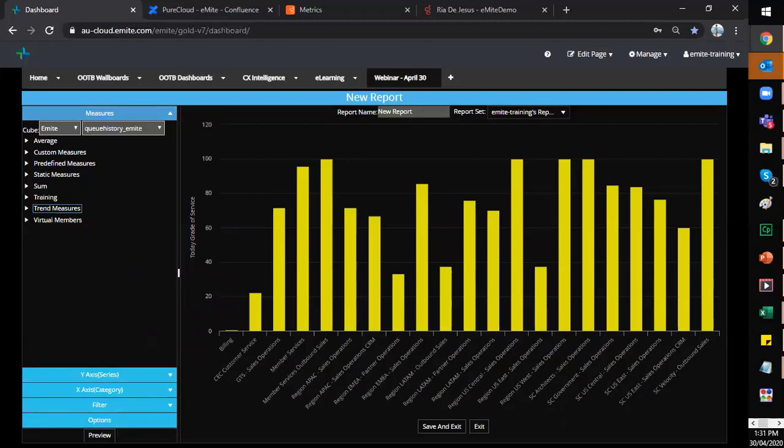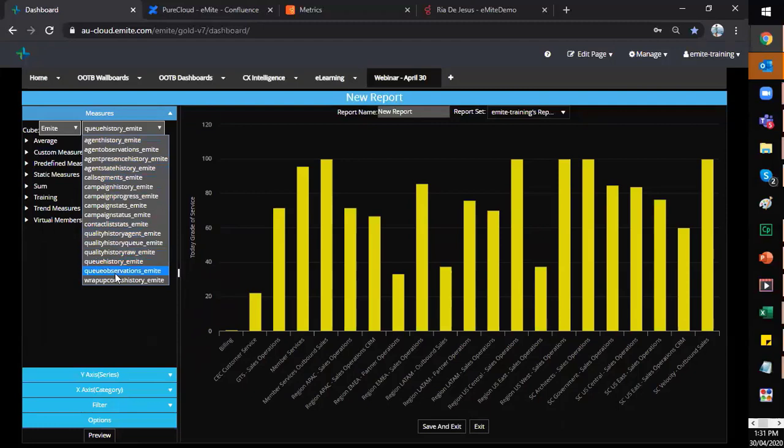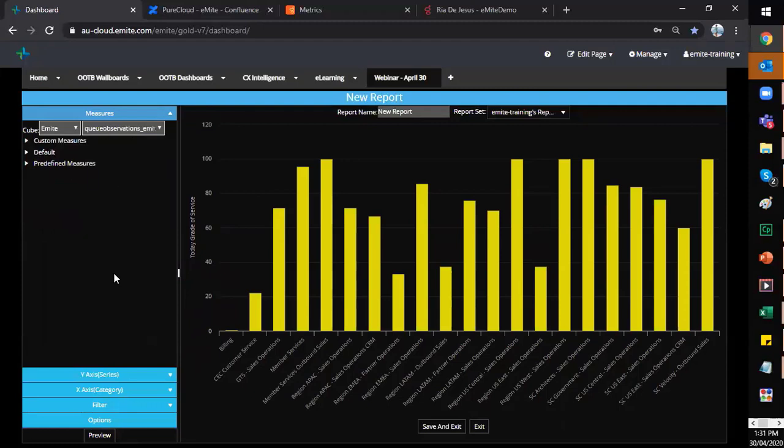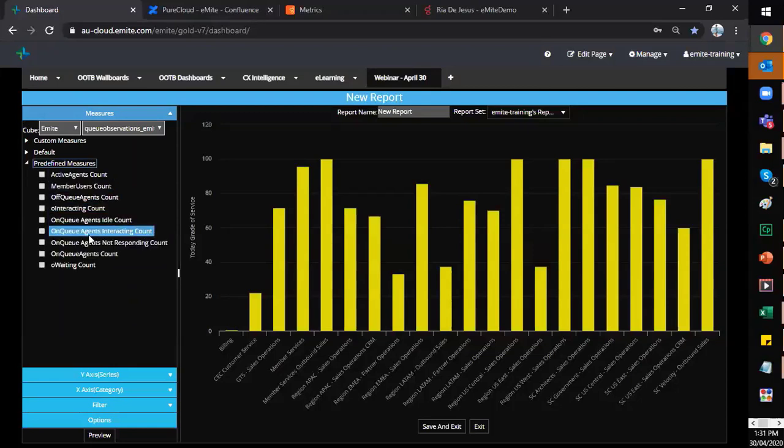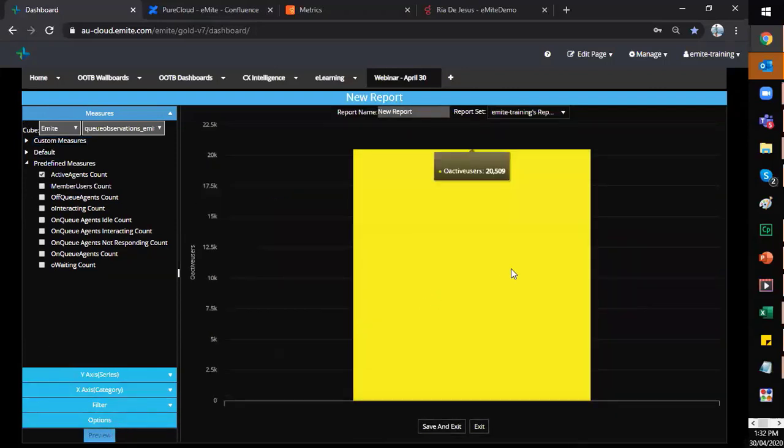So lastly, second to the last, but last for the queue related index, would be queue observations. So this would be presence information, not on a per agent basis, but from a queue perspective. So you would see the predefined measures here, again directly from PureCloud, and some custom measures that we have made available for this index. So you can see the active agents count,